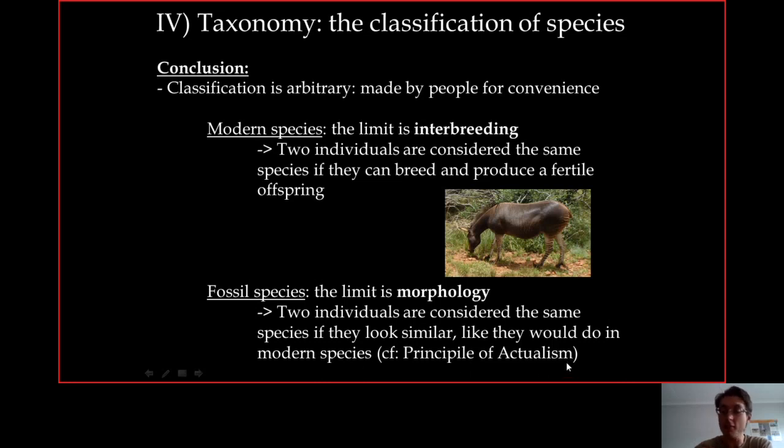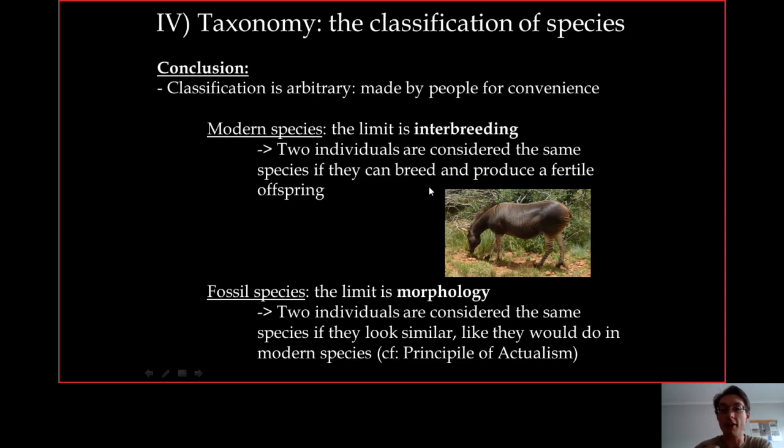In your geology class, you've probably used the principle of actualism. Things that happen today were likely to happen in the same way in the past. That's the principle of actualism. Things that happen today were likely to happen the same way in the past. And it's the same thing for species. Usually when two species